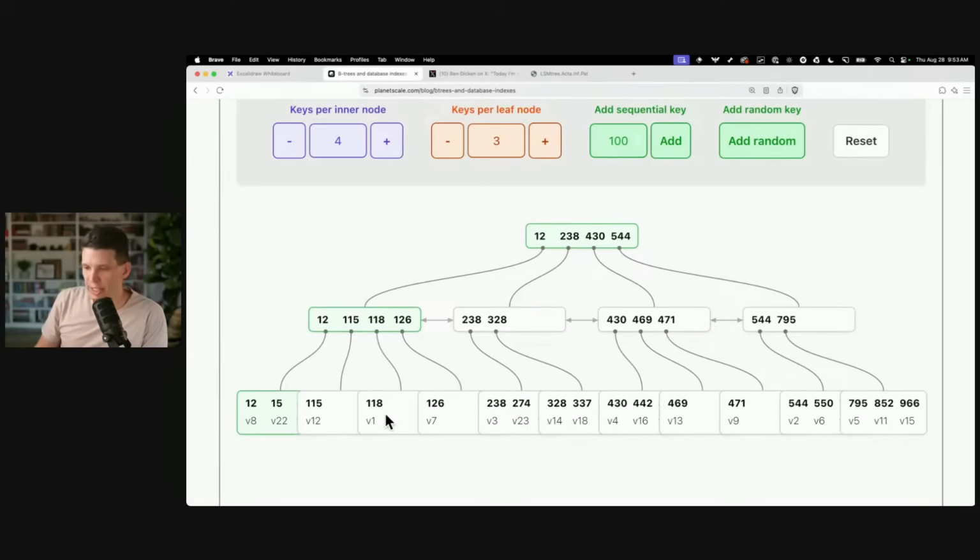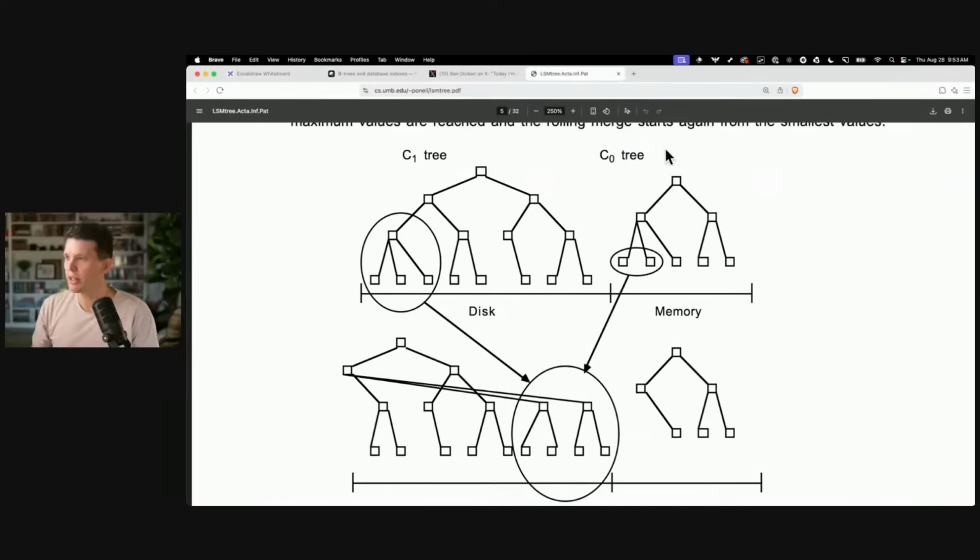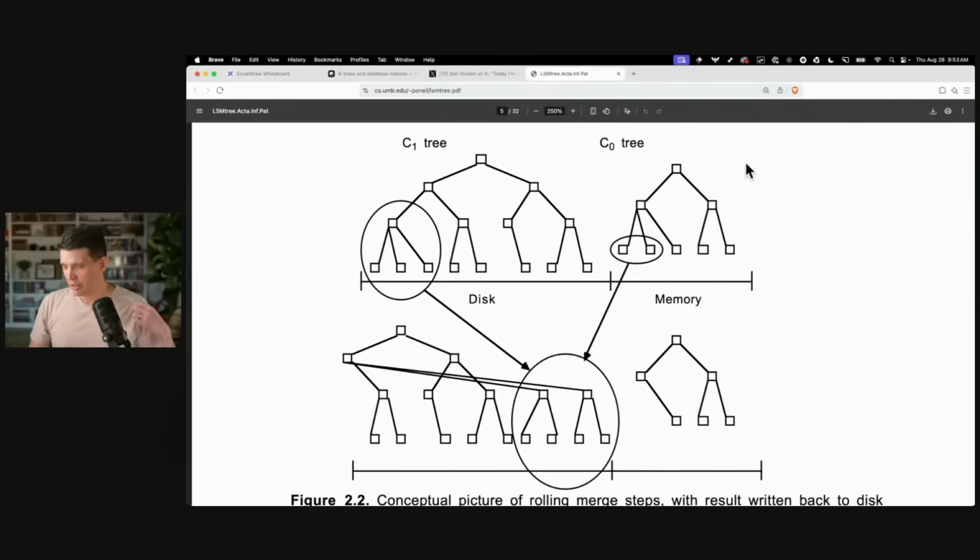We can see that the tree is not fully compacted. There's a lot of open spaces if we're getting random insertions. So again, great for general purpose OLTP stuff, but not ideal when we know we're getting a big stream of sequential data. So the general idea of an LSM tree is, initially, when you're getting a new write